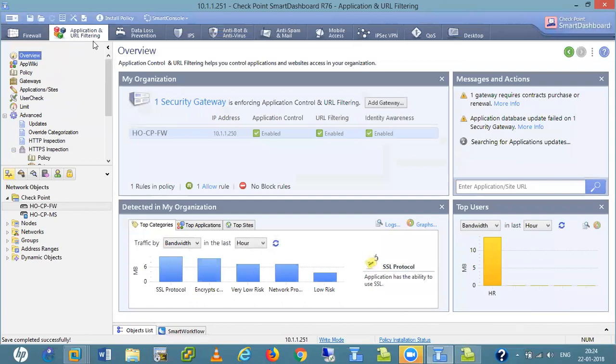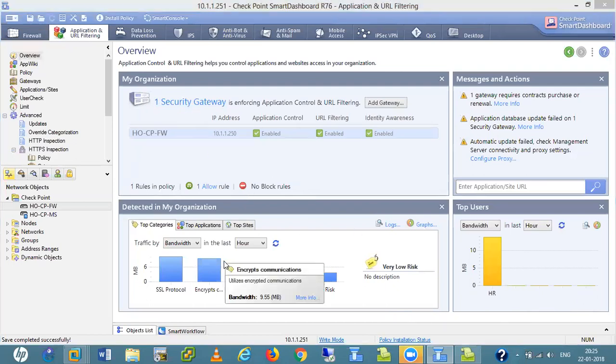This is the overview page. We have around 10 firewalls in our network, in the head office as well as the branch offices. If we enable that blade and they have a SIC relationship with our management server, here we get all the information regarding these firewalls.